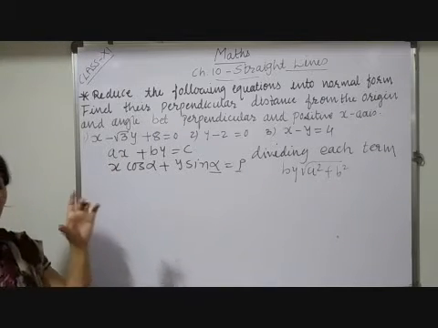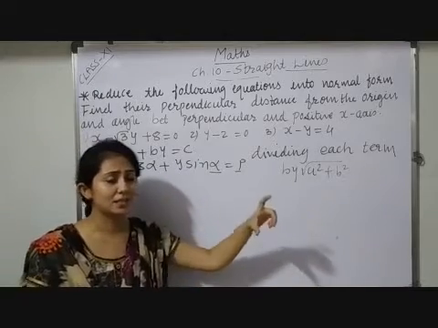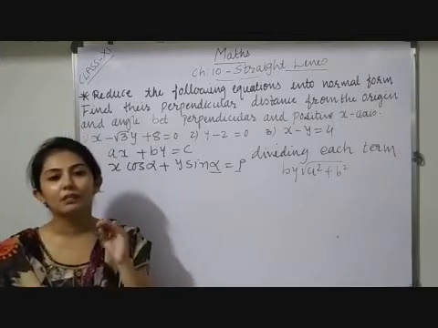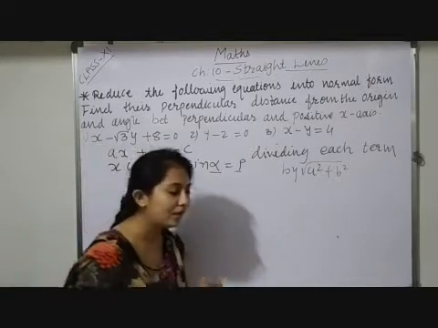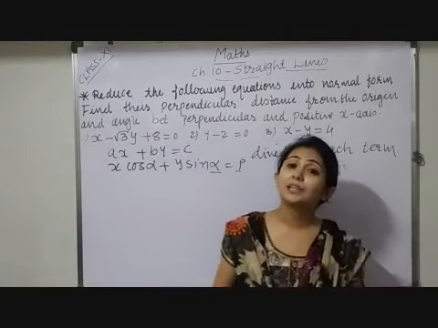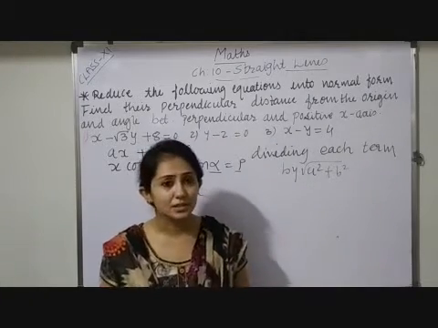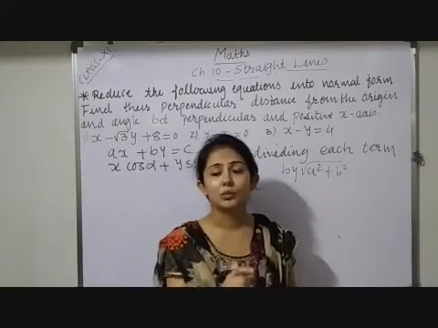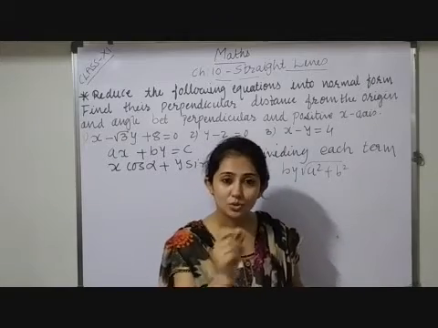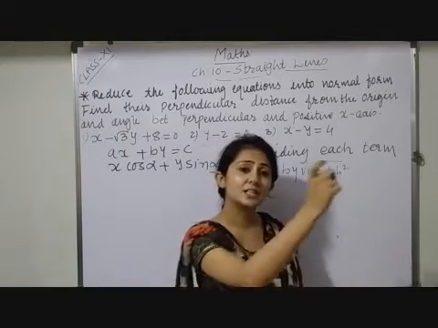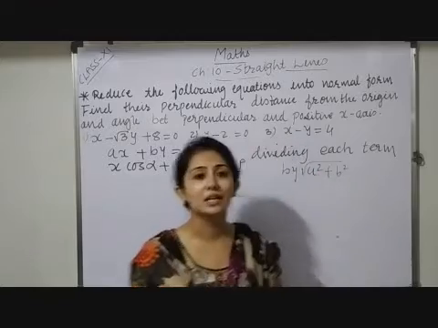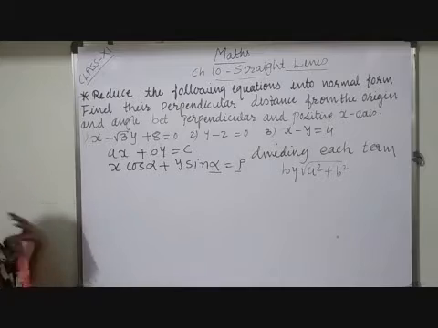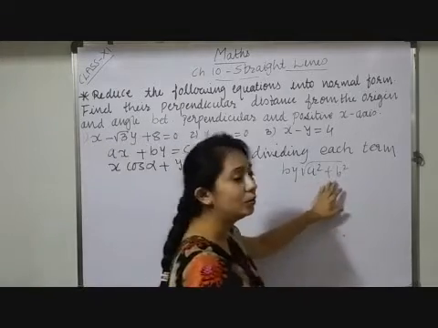Now, suppose on the x-axis it is A and on the y-axis it is B. We know that the x-axis and y-axis divide the plane into 4 quadrants, and the angle of each quadrant is 90 degrees. Since it is 90 degrees, we can apply the Pythagoras theorem to get the hypotenuse: hypotenuse square equals the sum of squares of the remaining 2 sides. So with the x-axis side A and the y-axis side B, the hypotenuse is under root of a square plus b square. That is why, to get into normal form, we have to divide our equation by this.